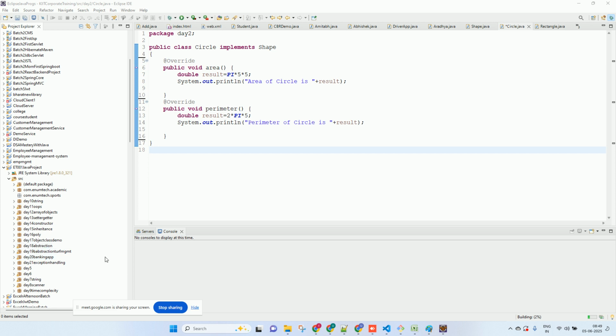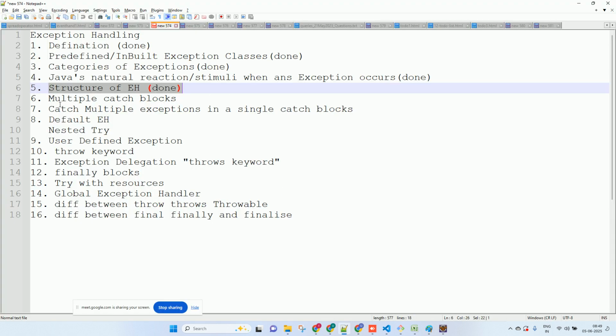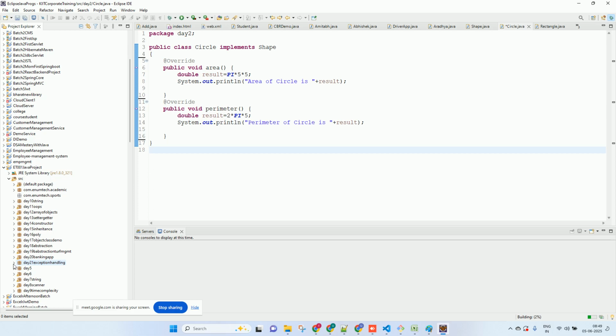So we'll take the fifth topic today, that is sixth topic. The fifth we are done, multiple catch blocks. Let's try to explore that. So in the same exception handling package, we can do the code, and it's not necessary to create a new package. Okay, so let's try to make a new class,